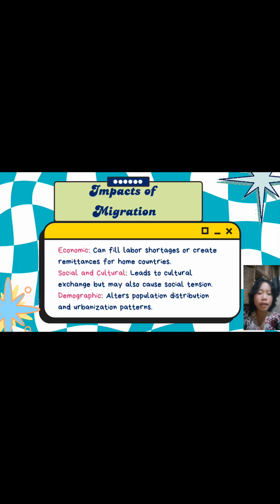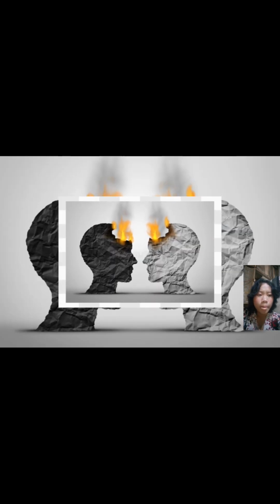The next impact of migration is social and cultural. So it has an impact on our social and cultural aspect. It leads to cultural exchange but may also cause social tension. Why is that? Meaning,